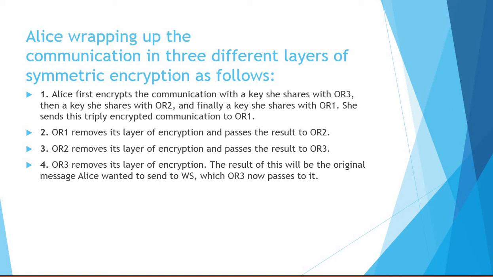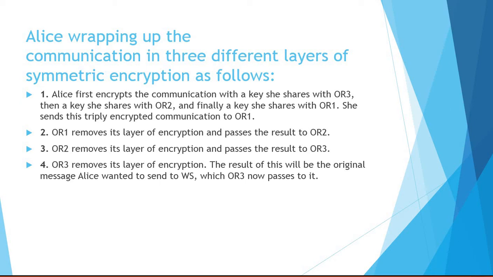Then she will transfer that to OR1. This router 1 will decrypt it, but the message is still wrapped, so that will be transferred to router 2. Again, onion router 2 will remove the wrapper once again. It means that it will decrypt it, and again the encrypted data is there which can be decrypted by the next router. It will transfer to onion router 3. So the final unwrapping will be done by onion router 3. Then the data will be sent to the web server.